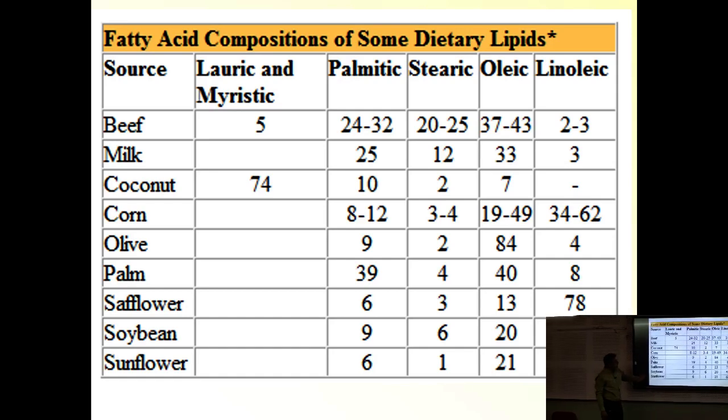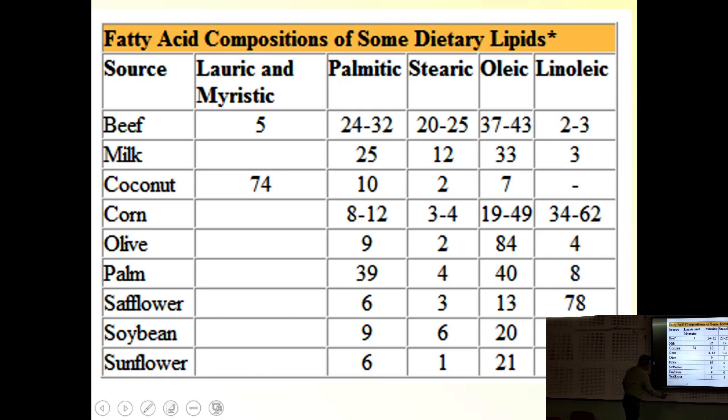Similarly, linoleic acid is found in which crop? Linoleic. Tell me, yes, 78%. So, depending upon the mix of these oils, you will find the proper proportion of oil composition in your day to day food material. Beef and milk are of animal origin. Coconut, corn, olive, palm oil, sunflower oil, safflower oil, these are of